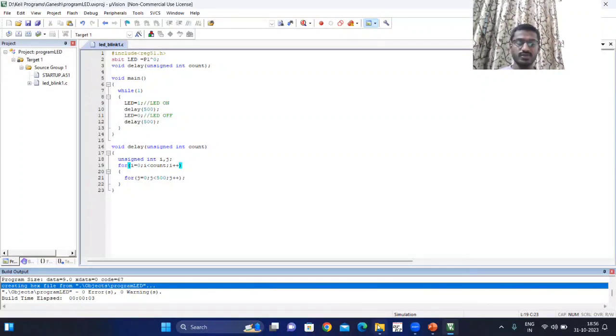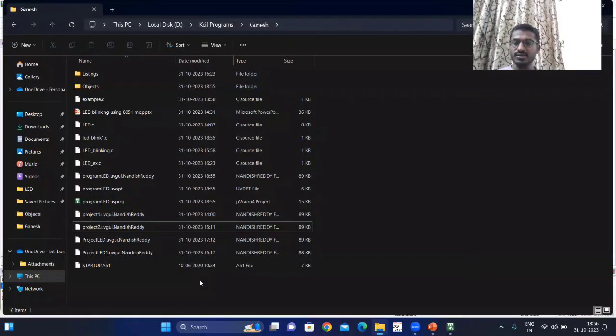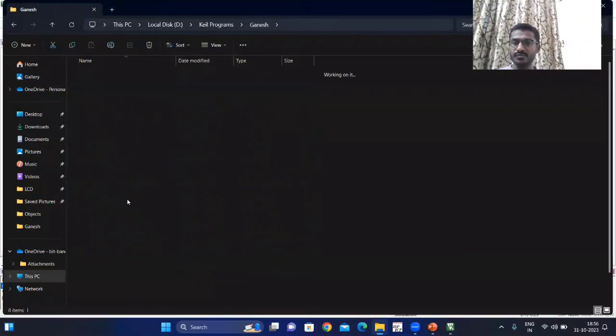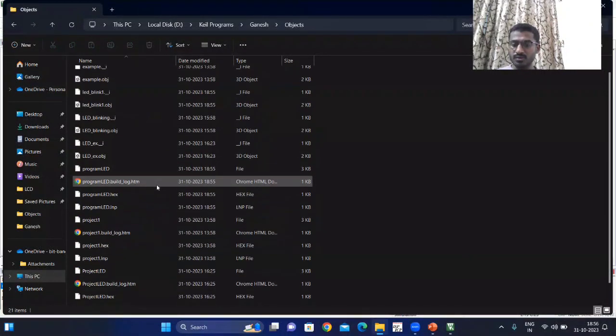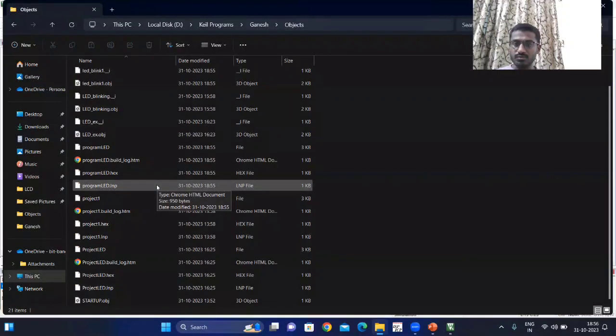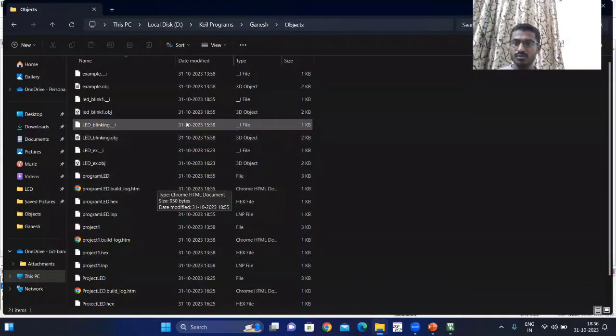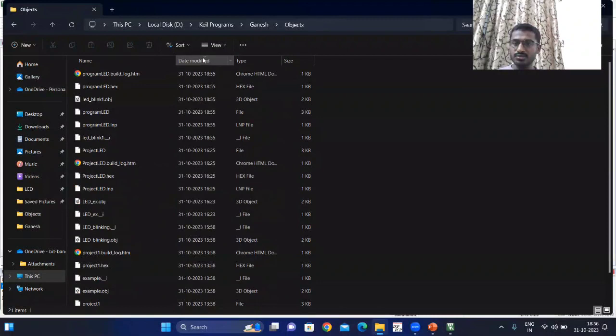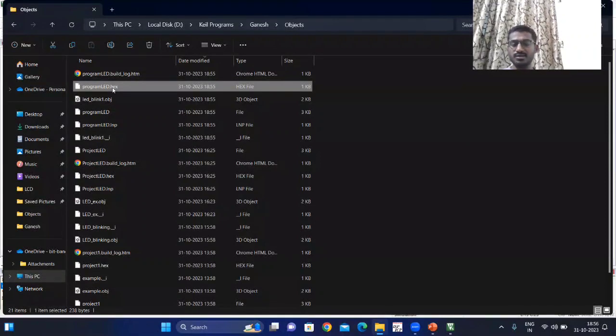I'll show you where it has been created. Inside the object folder, yeah, this is the hex file that we have created. Now we have to load this hex file into